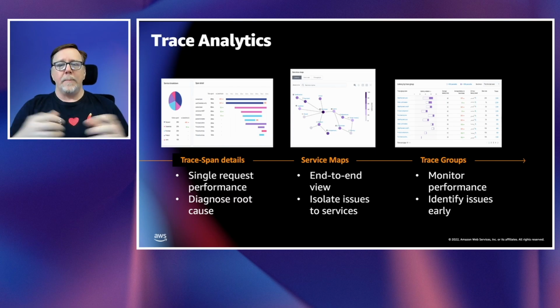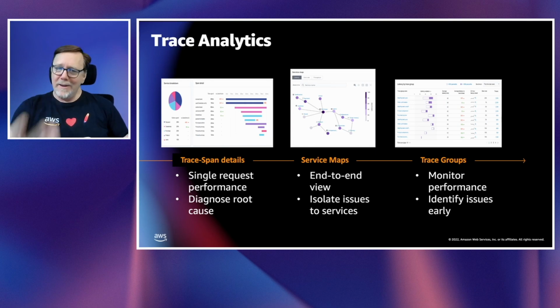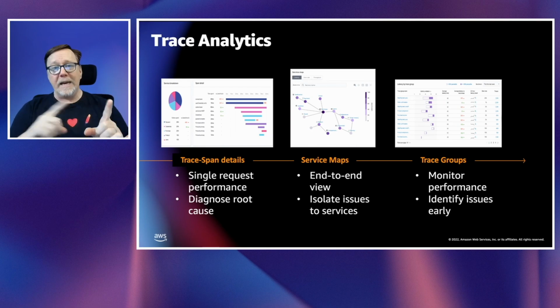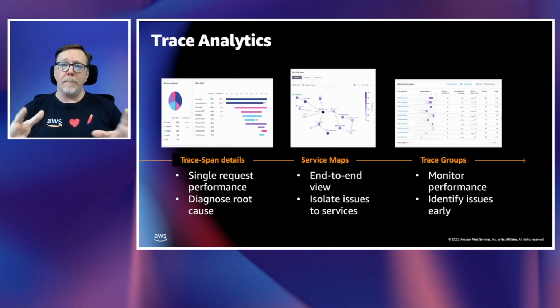Your service map gives you a higher level, end-to-end view of all of the microservices that you've touched in the processing of your requests. Again, this all aggregates up so you get a view of where the latency is going. Again, if there are errors, they'll show up here. So this lets you look at your components, figure out how they're connected, and figure out the dependencies and where there might be a challenge with latency around those dependencies.